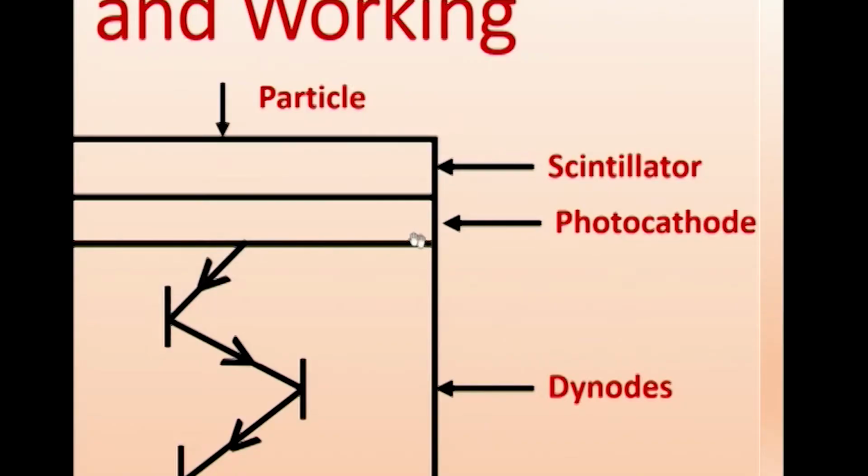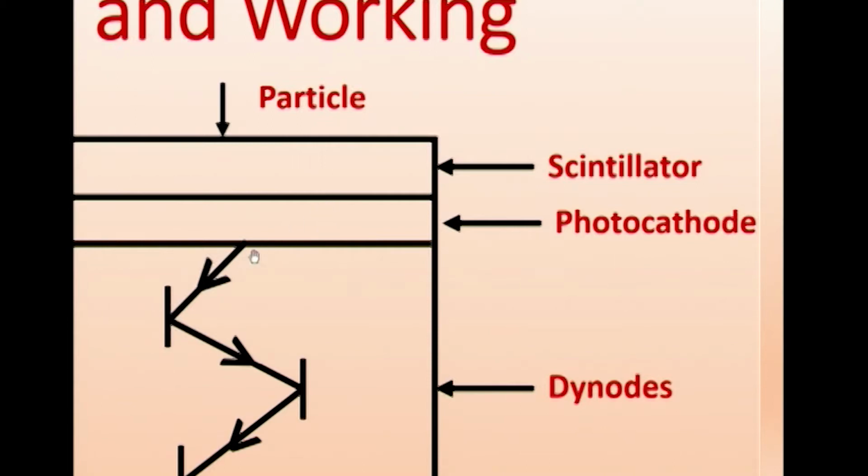That is the photoelectric effect. When light falls on certain materials, for one photon, one electron is emitted. So that is called a photocathode. Initially the particle may be any type of particle, charged alpha, beta, gamma, any particle. When it strikes, it gives a scintillation. For example, this is a phosphor, ZnS, one example of that scintillator. That will be emitting only a photon, light. That light, when it falls on the photocathode, will give an electron. So whatever particle was incident, now it has become an electron.